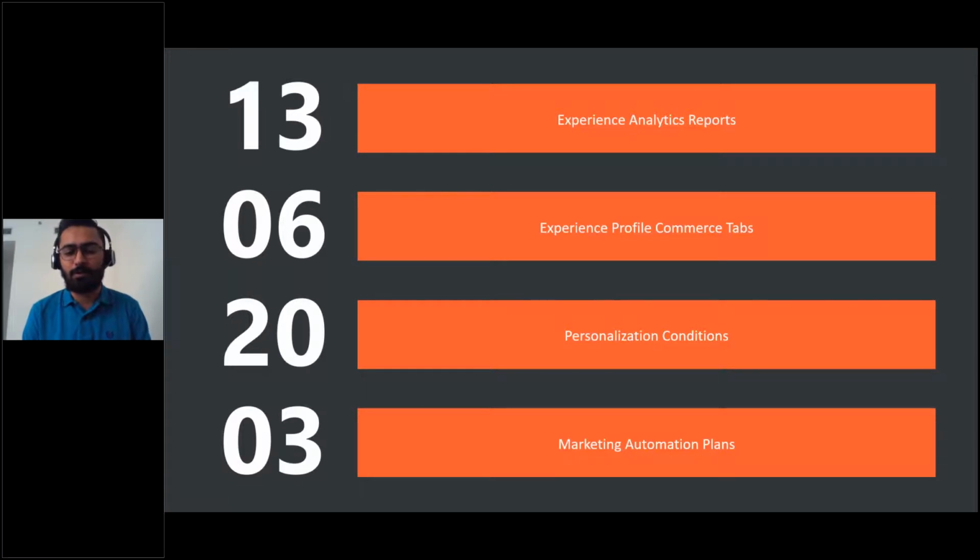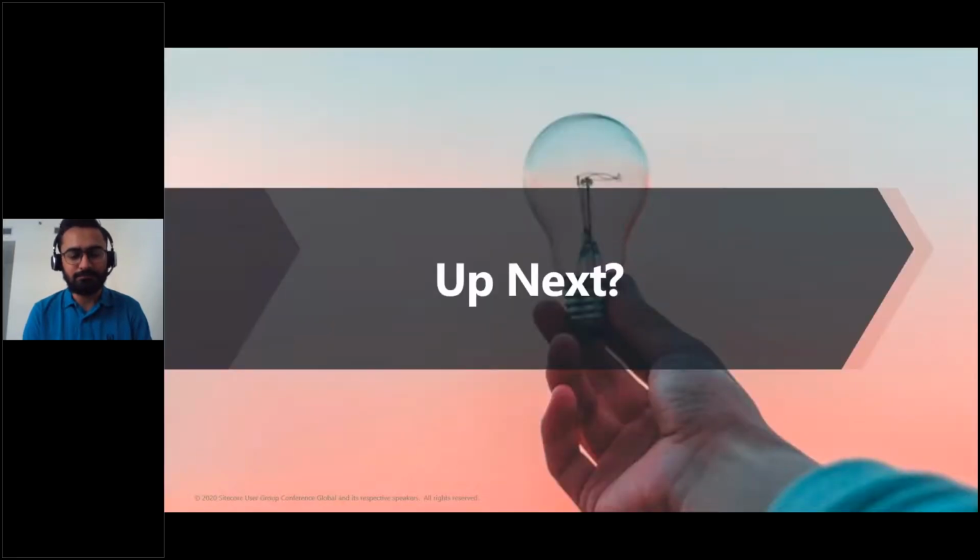So we have these 3 marketing automation plans, and as said, you can define n number of marketing automation plans. You can create your own activities. For example, even before abandoned cart, if a user has visited a particular product and hasn't added that product to cart, then you can create that journey and enable the user to add those frequently visited products to cart. So those kinds of strategies can be defined by marketers.